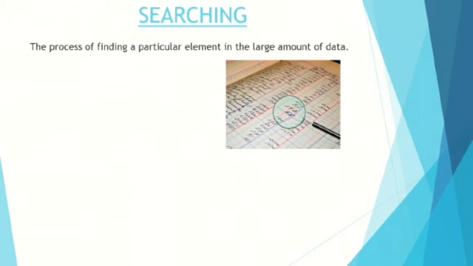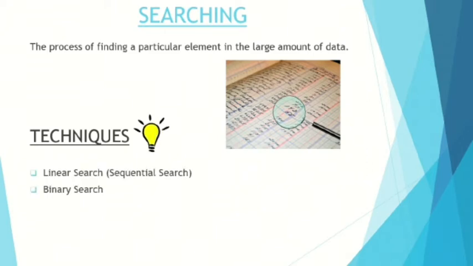So basically there are two types of searching. One is linear searching, also called as the sequential search, and second one is binary searching. First, we'll see linear search. It is a simple searching technique. In this technique, we search for a given specific element, which we call the key element in the large list in sequential order. That is, one after another from the first element to the last element. If the key element is present in the list of data, the search is successful. Otherwise, the search is unsuccessful.